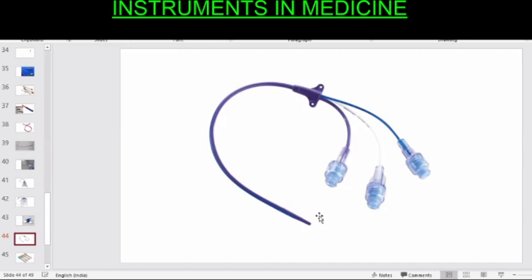Okay, the other complication while putting this catheter is that you have to use Seldinger's technique. That technique you have to specifically watch when our registrars are putting it. Another complication which can occur while putting the catheter in the IJV is that the doctor can prick the carotid artery.